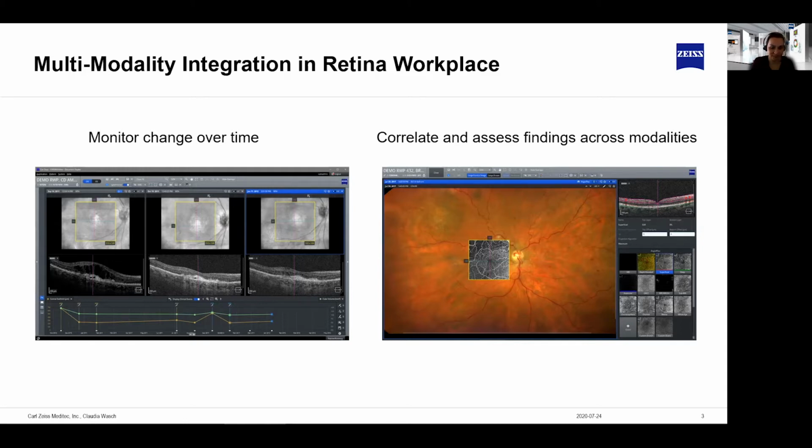The other component is looking at just the individual exam from one day, but incorporating and connecting that information across multiple modalities. So looking at OCT, OCTA, and fundus data all together, registered to each other, so that you can skip all the guesswork about what parts and what pathology you're looking at in different images and how they correlate to each other. Retina Workplace will do that for you and integrate everything. And we're going to go through that in detail. I'm going to show you a few cases that will highlight how that functionality actually works